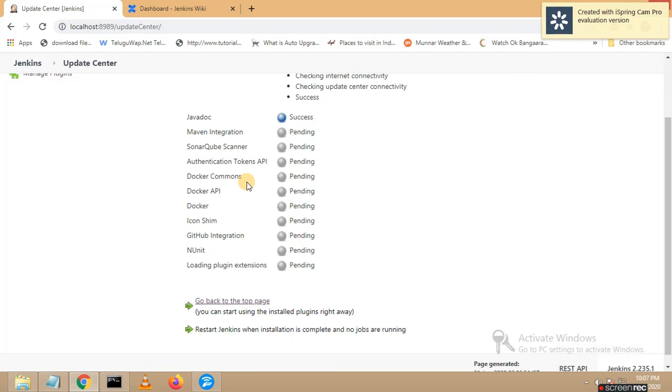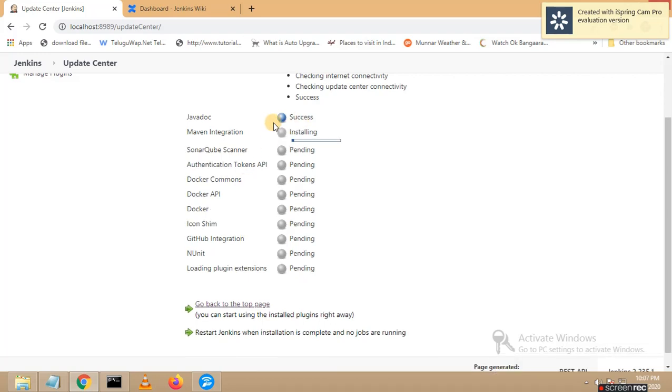Now if the plugins are installed successfully into your local PC, then you can see success. Otherwise you will see some failures also. Now let's wait for a couple of minutes till it gets completed. It may take some time.